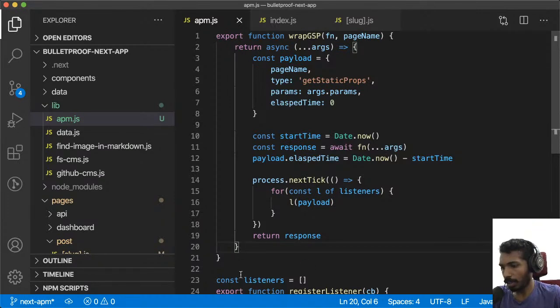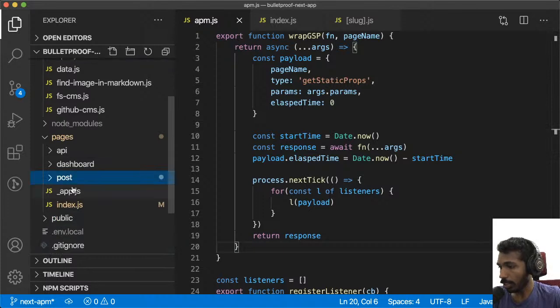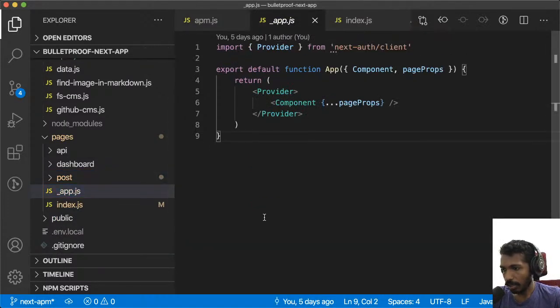Oh, I think I know about that. That should be underscore app, or underscore document. This is a place Next.js loads all the time, whether it's on the server or not. But I'm not sure this would load in the